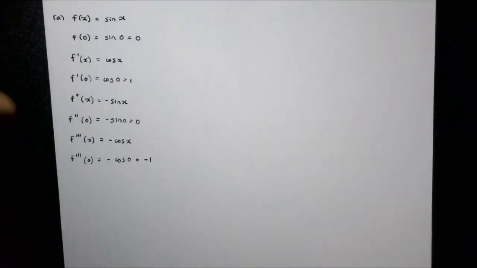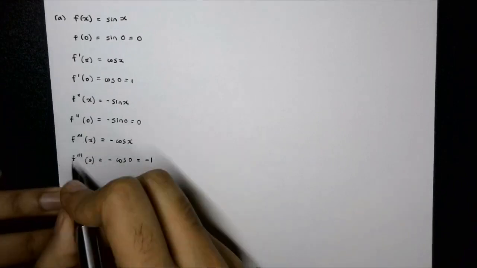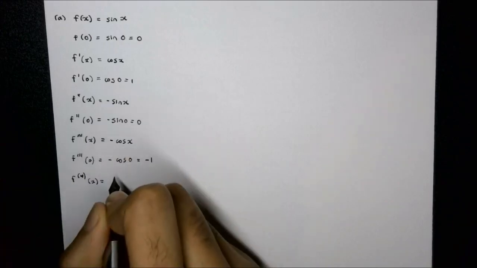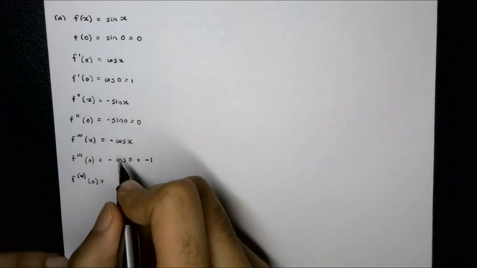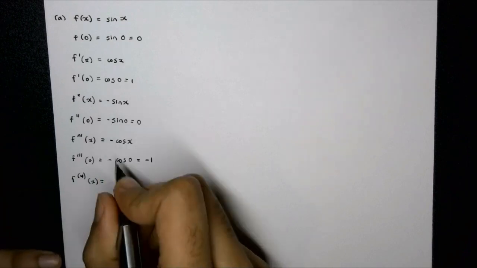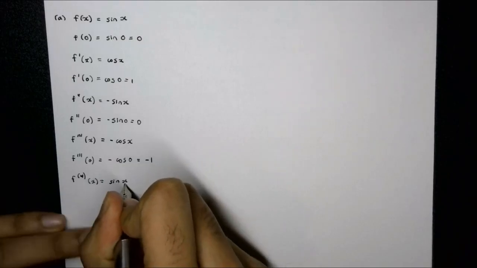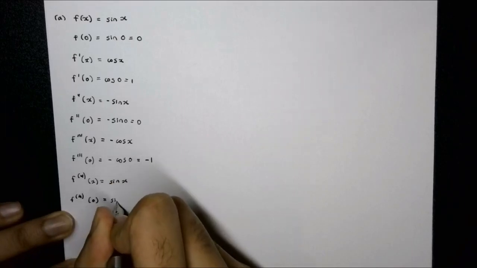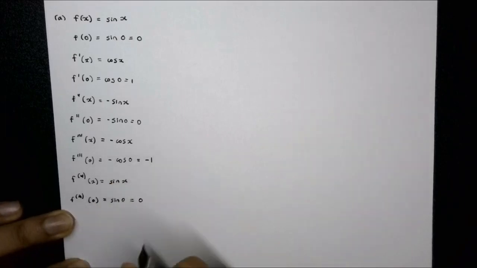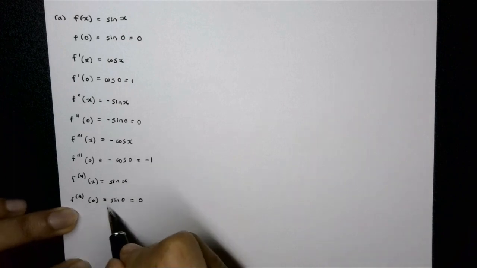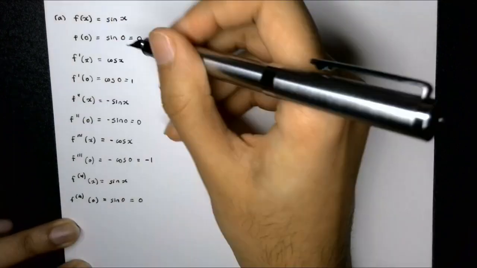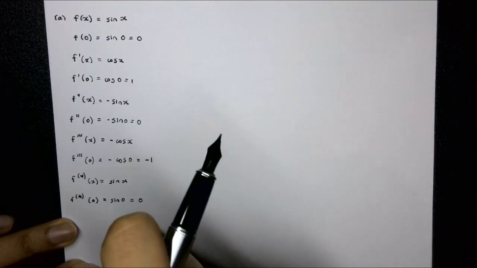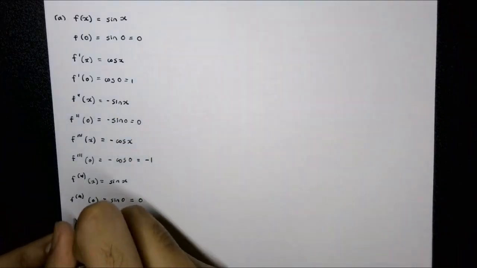If we now work out the fourth derivative, differentiating minus cos, you'd find we get positive sine. And if we work out the fourth derivative at 0, we get the sine of 0, which is equal to 0. So we can't include x to the 4. So we've got here 1 term, 2 terms. Let's see what happens if we work out the fifth derivative